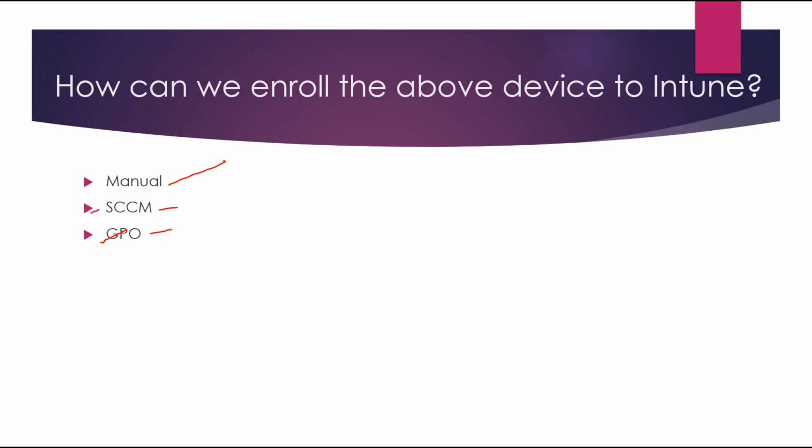Goes without saying, in case of hybrid Azure AD Join, the device is already joined to the on-prem domain. If the device was joined to the on-prem domain, it is a corporate device. I mean, in no circumstance will you be joining your personal device to the on-prem domain, right? It will always be a company provided device. So I hope that now we have an understanding of when we do an Azure AD registration versus when